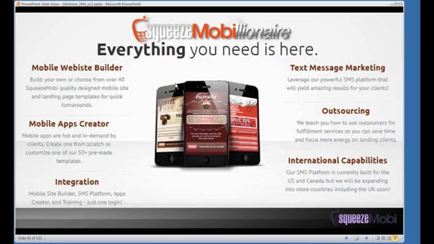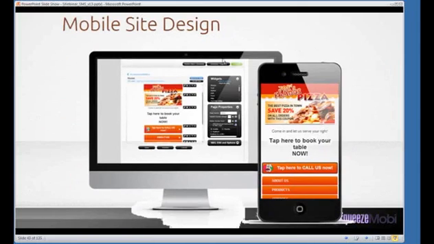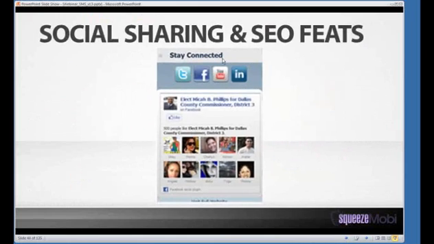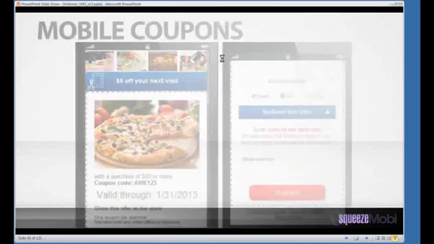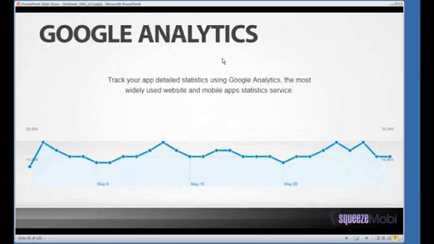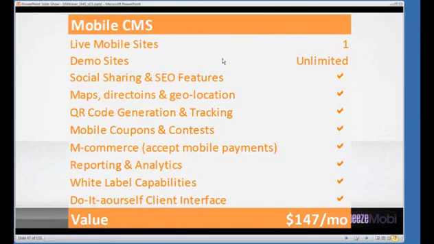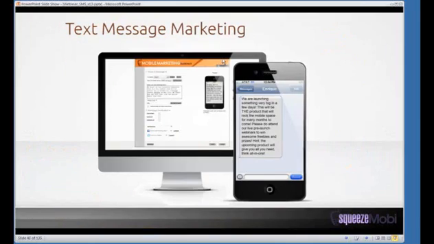It allows you to create mobile apps that make a difference for businesses. It is all integrated, and we teach you everything, including different types of outsourcing strategies as well. I'm going to start off with the mobile site design, whether it's the social sharing, SEO features, the mobile coupons, or the Google Analytics. This in itself is worth $147.